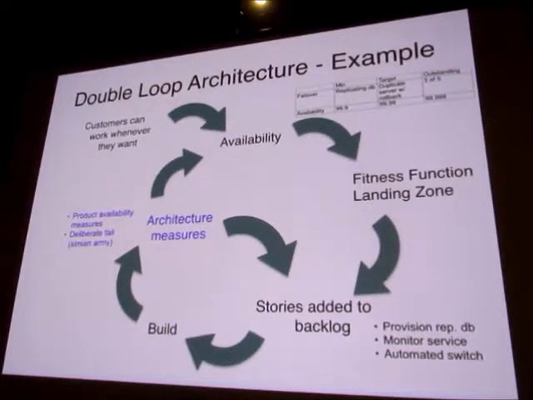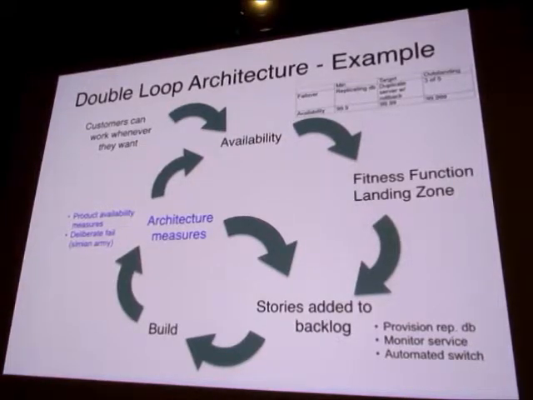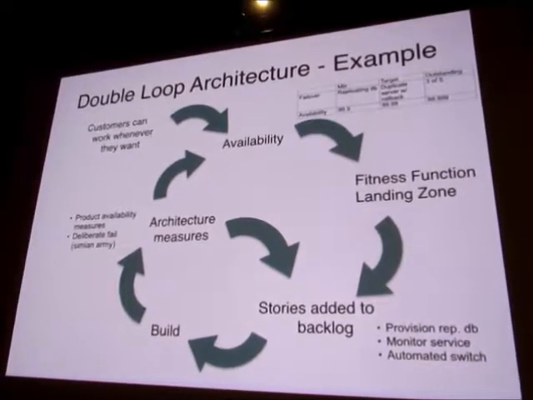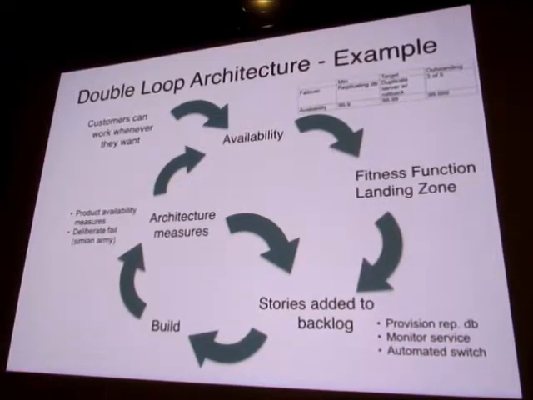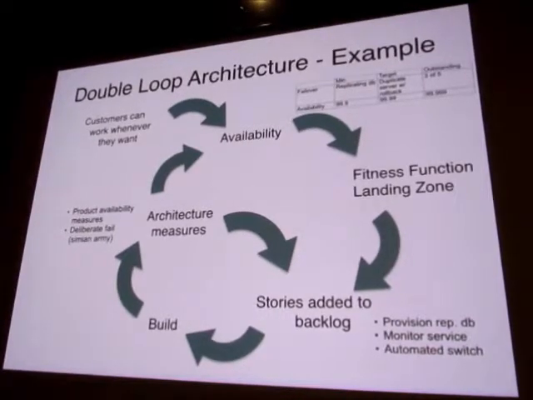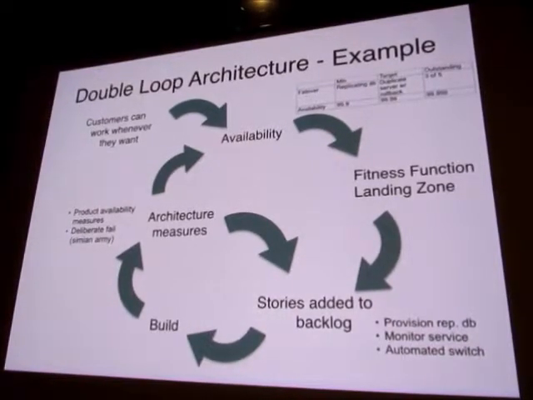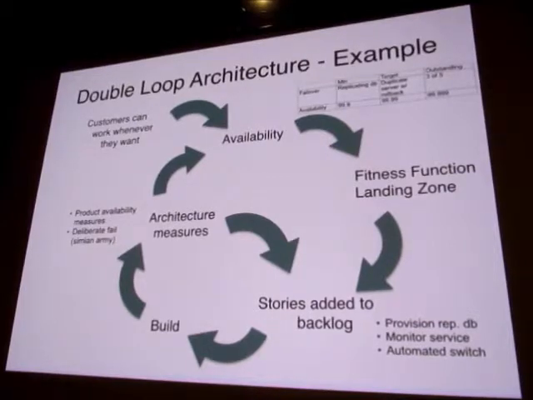And ideally we now have some architecture measures which would be our fitness functions, and now we can deliberately fail it if we wanted to, or we can start to measure our actual uptime and start to get some measures of that. And then we can loop back and find out, is availability still where we need it to be, or does our business demand even higher availability because we're selling to a government agency that has a contractual blah, blah, blah. So you can start to evolve this and improve this incrementally. So that's sort of a first pass through what that loop might look like.